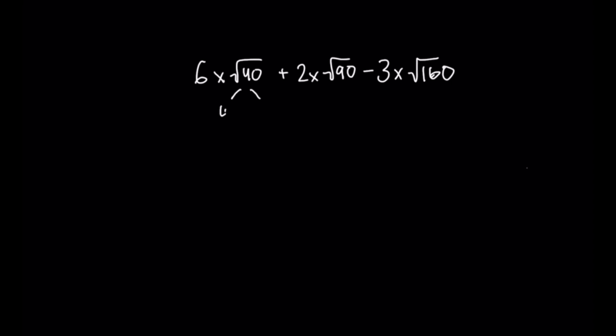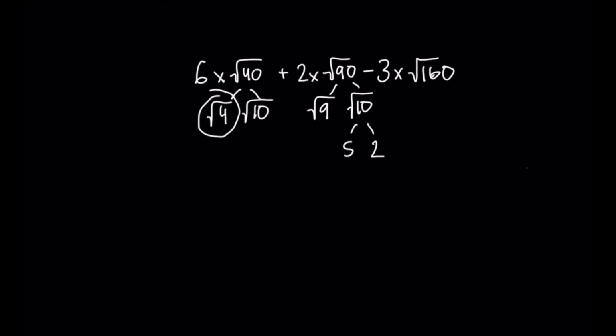And we can circle 4. The square root of 90 would be 9 and 10. 10 seems like a number you can split up again, but no, actually, because the only factors of 10 are 5 and 2, and 10 and 1 technically, but obviously that's not going to work. 5 and 2 are not perfect squares. And then 160 is 16 and 10. As you can see, they all have 10. So we can put the numbers that we got: 2 times the square root of 10